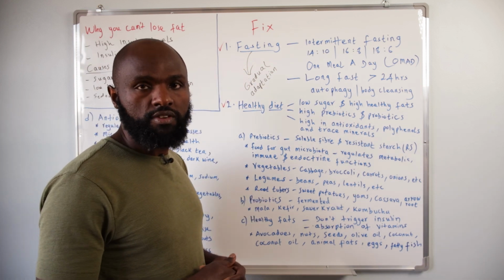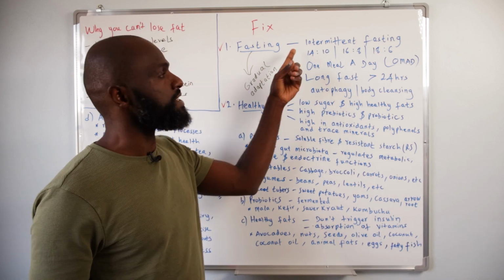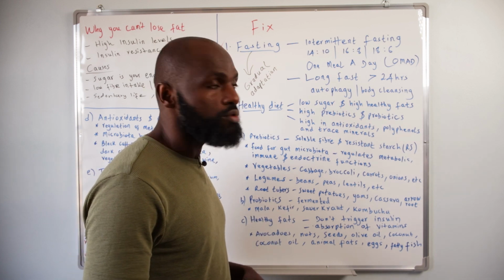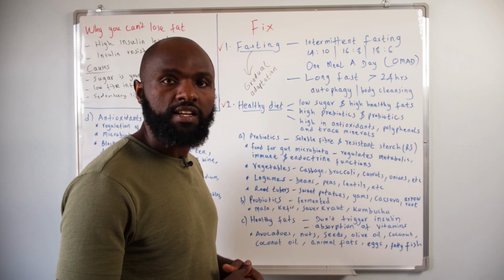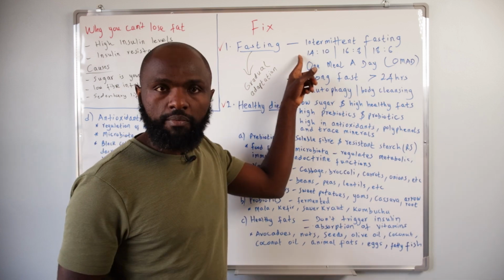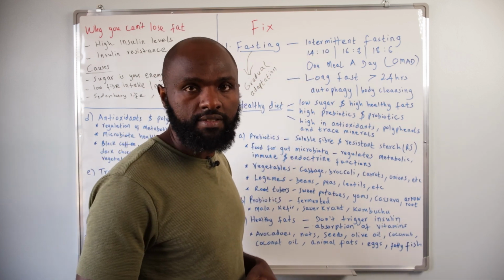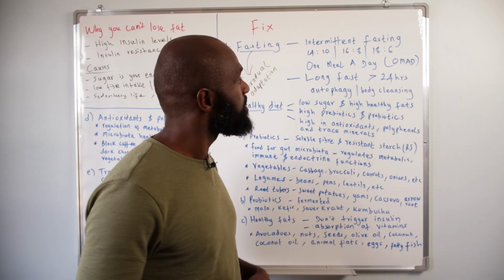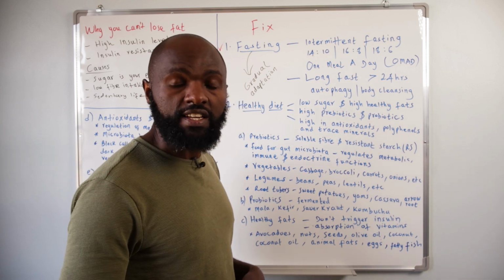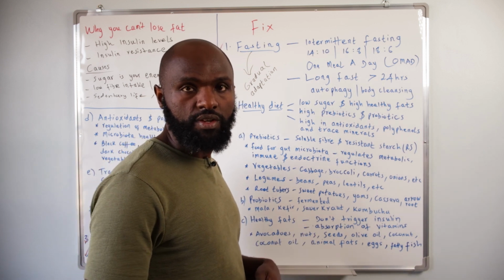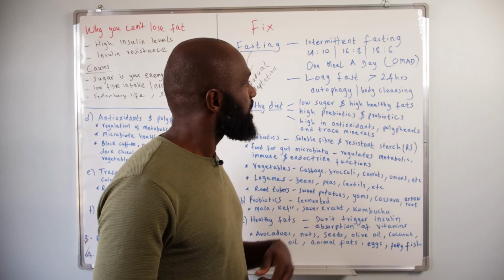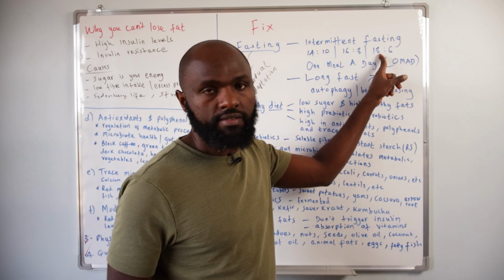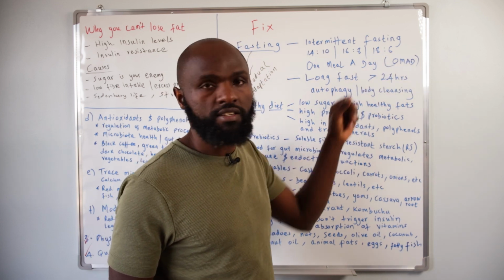There are several types of fasting, which include intermittent fasting and long fast. Intermittent fasting means that you eat in a particular window of time and the rest of the time you do not eat. Some examples are fasting for 14 hours and eating for only 10 hours, fasting for 16 hours and eating for 8 hours, and fasting for 18 hours in a day and eating in a window of 6 hours. There are other people who only have one meal a day.